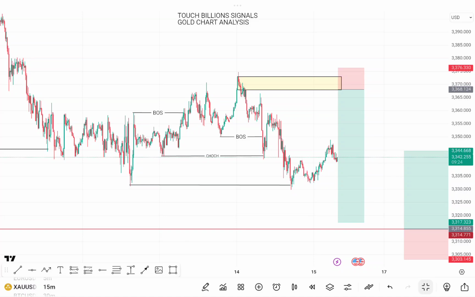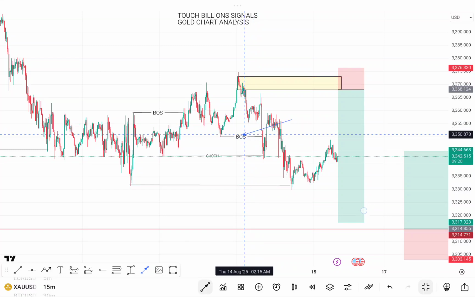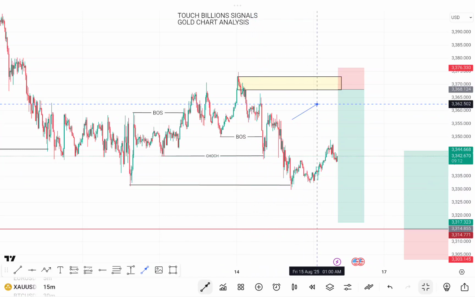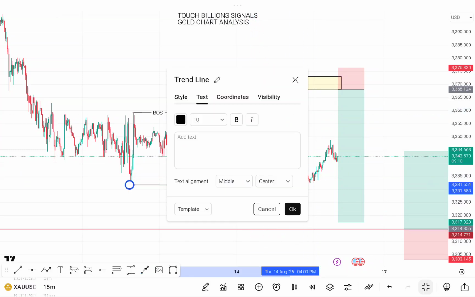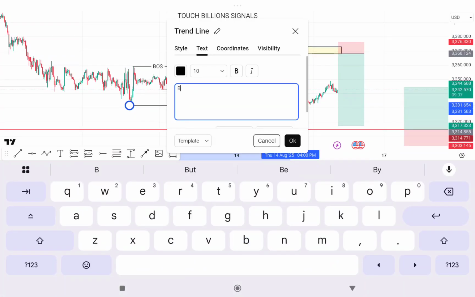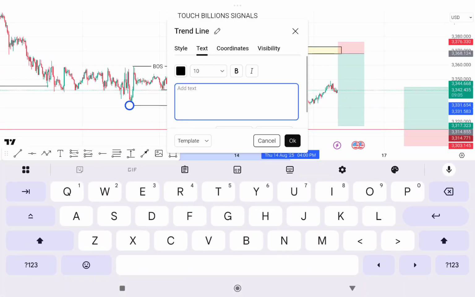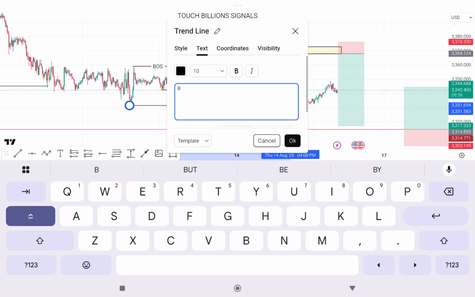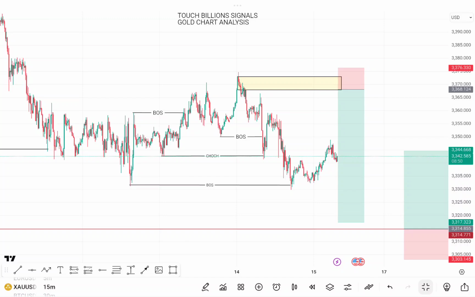because if you see here very clearly, the market has had a series of breaks of structure. This is a break of structure, but then it has clearly changed character. So we can also outline this point here as a break of structure. Already the market has changed character, so we can put that as a break of structure right here.